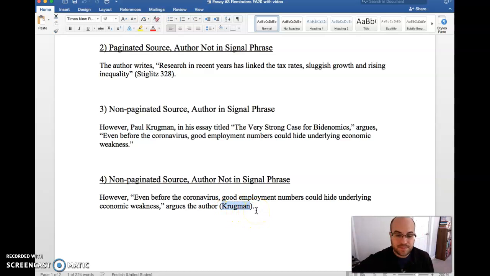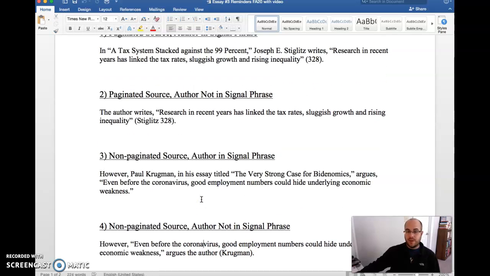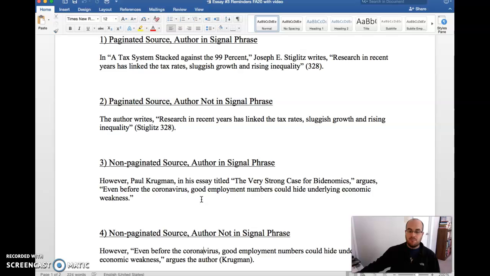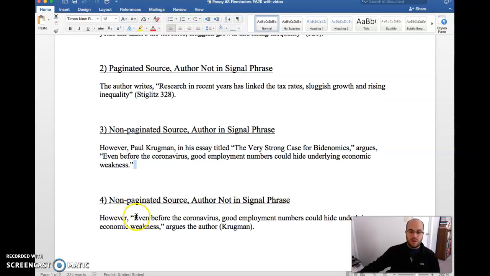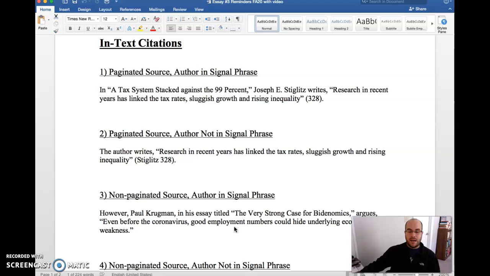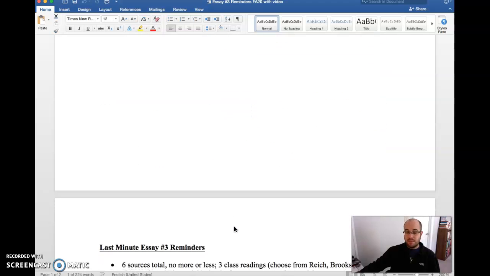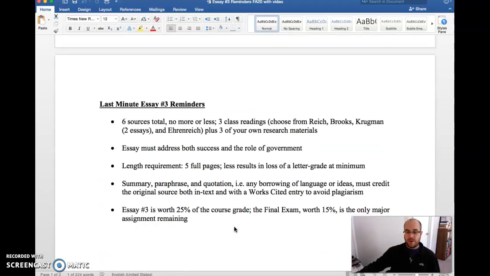So again, these are the 4 most common ways that you might need to include an in-text citation. Again, web sources are commonly non-paginated, so that's 3 and 4. If you have your author in the sentence, you leave the citation off. If your author is not within the sentence, no name listed here, you put your author's last name in the citation. There's no page number. That's all you need. And then these are just some general reminders for your essay,